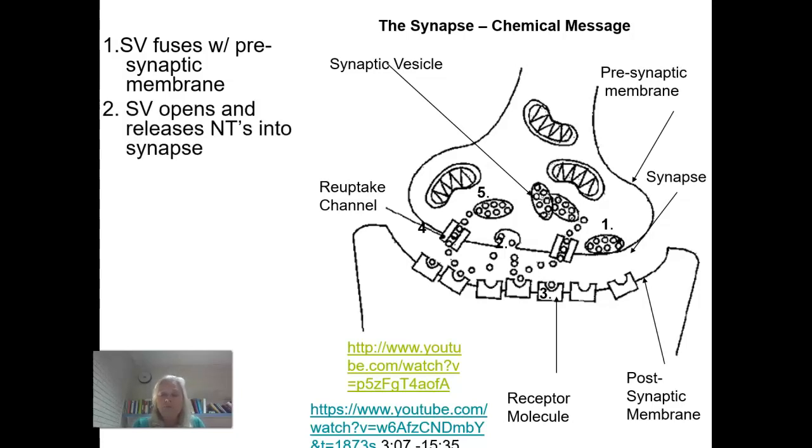Number 2, this is right here. The synaptic vesicle will open up and it will release neurotransmitters into the synapse, or what we also call the synaptic cleft. So as I'm talking about acetylcholine and dopamine, that's what is helping me move my lips right now, okay? So there's dopamine and acetylcholine hopping through the neurons of my mouth and directing the action of my mouth, okay?